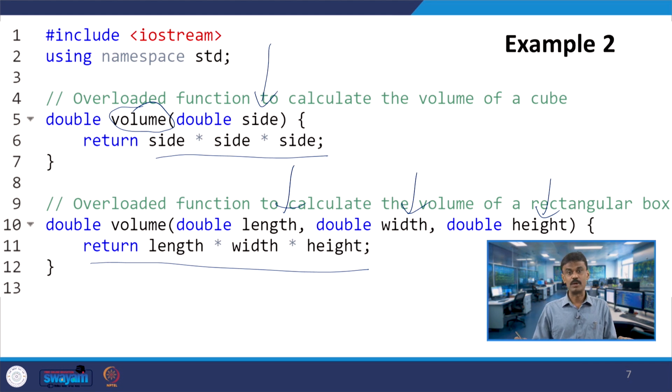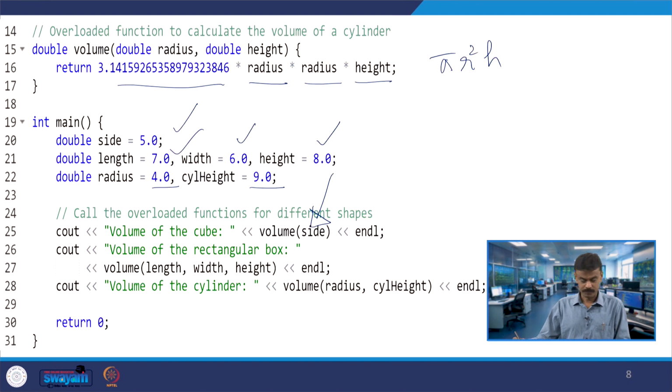At line number 5 you have a one argument function, and line number 6 is returning side into side into side, alright. Assume that I am passing 5.0. What is the result I have to get? 5.0 into 5.0 into 5.0, correct.